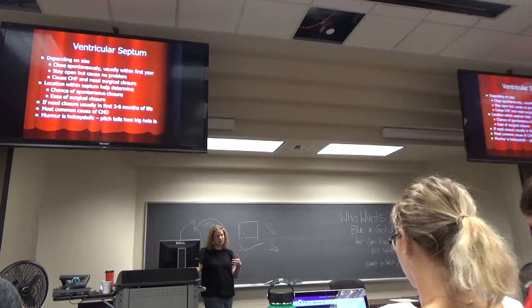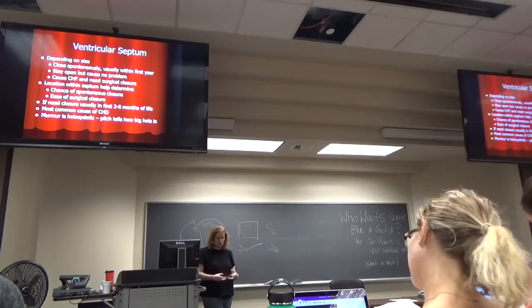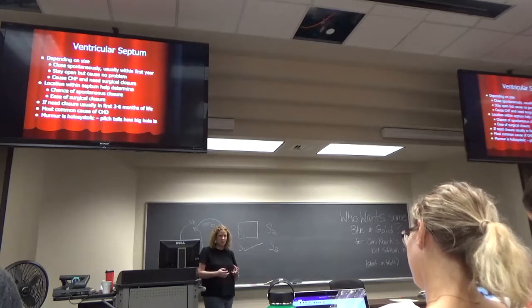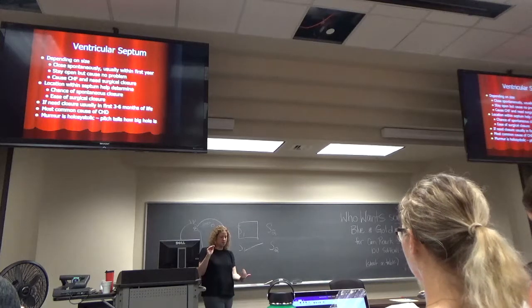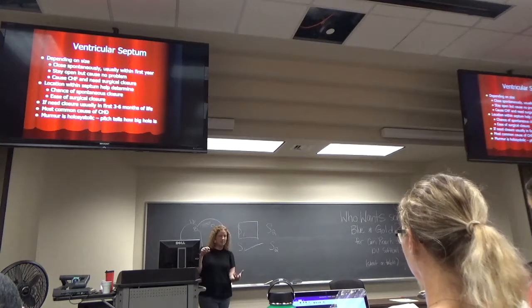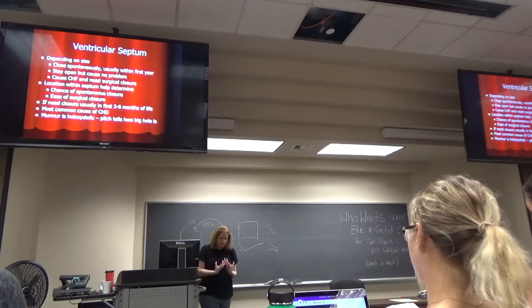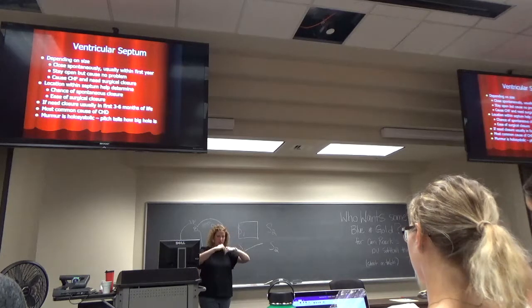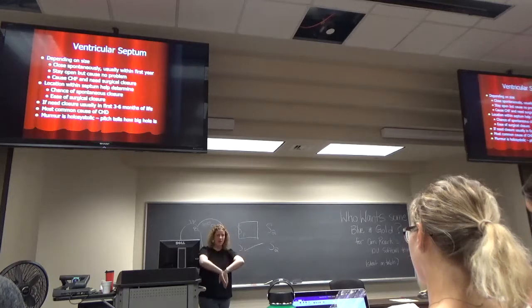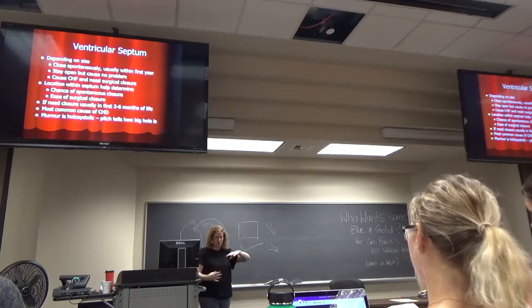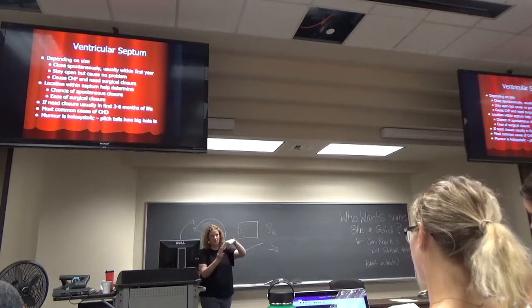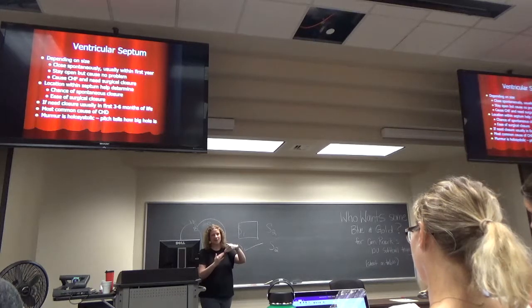You have muscular VSDs, which happen in that thick muscular part of your ventricular septum. If you remember your embryology, just wanted to do that. The way your ventricular septum was formed is that from the heart muscle, the bottom half came up, and then the top half came from kind of that truncal area and came down and formed with the membranous portion. So it kind of comes together, and so you can see how it just kind of forgot to finish,